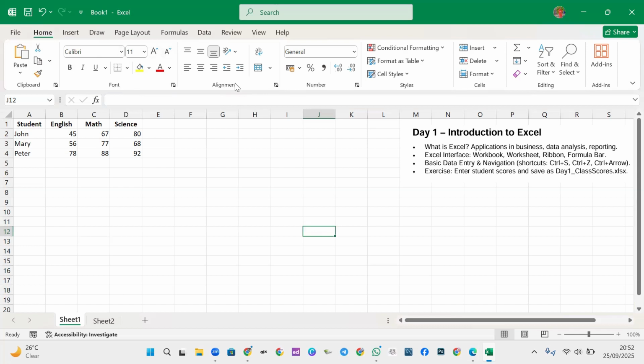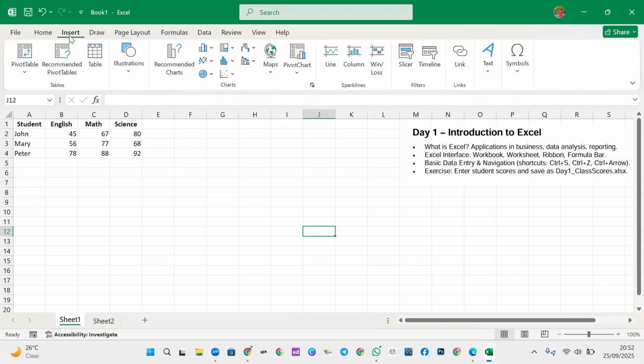We also have the paragraph ribbon group, which has to do with anything paragraph, alignment, right? Center alignment, center top alignment. We have left alignment, right alignment, and center alignment. We also have the number ribbon group and all of that. When we move to the Insert tab,